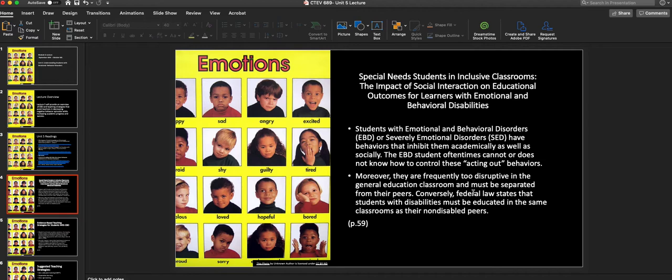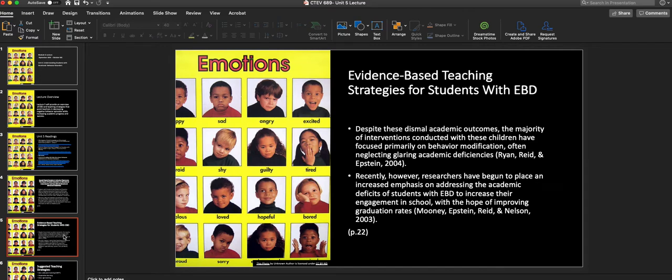So moreover, sometimes educators have deemed them as too disruptive in the general education classroom, and oftentimes asked for separation. However, with the laws that regulate our classrooms today, separation is not an option. And neither should it have been. Studies have shown that despite these academic outcomes, the majority of interventions conducted with these children have focused primarily on behavior modification, often neglecting the glaring academic deficiencies